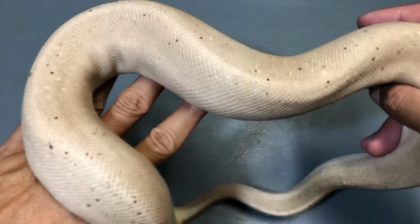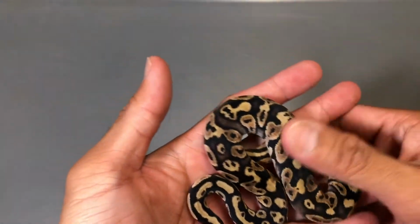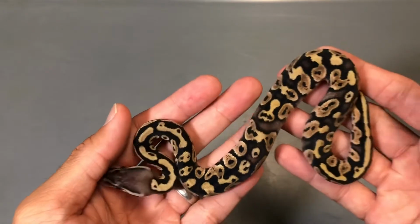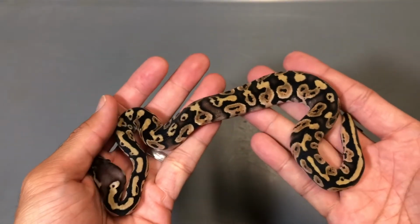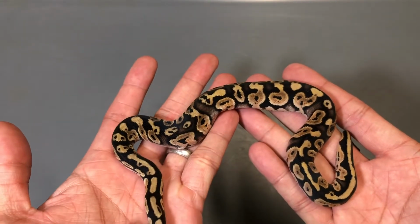So there you go. Okay, first I'm going to show you guys, to me, the most simple gene combo from the clutch, and that is this. I believe this one's a male, Pastel Huffman. So this is a good example of a Pastel Huffman. The good thing about that boy is that whatever he sires,